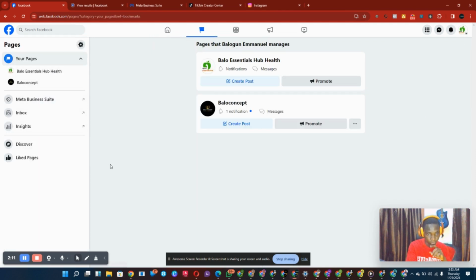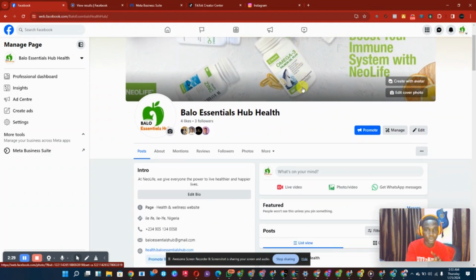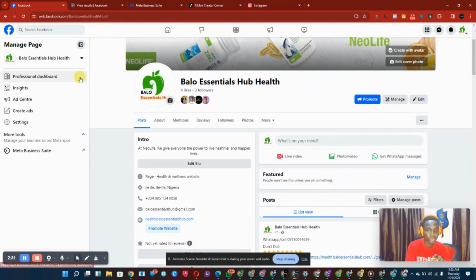I just have to locate the page. So now that I have the page, I'll just open it up. Now as you can see, it is a new page. I'm just working on it. So now that we are on the page, what I want you to do is